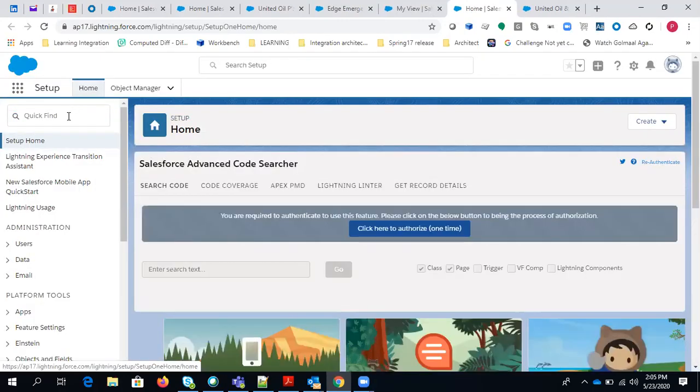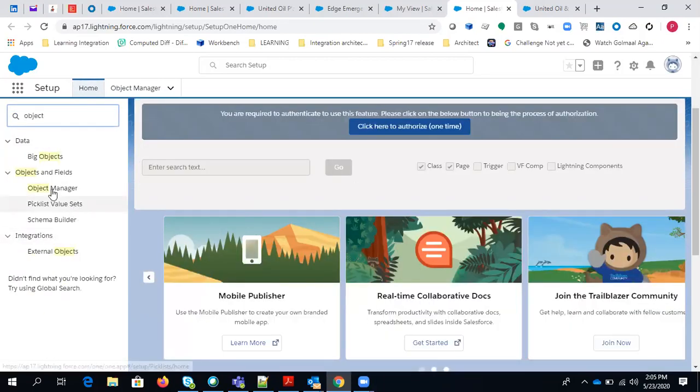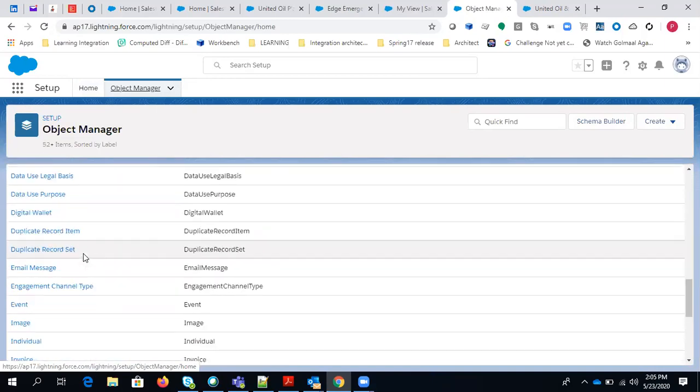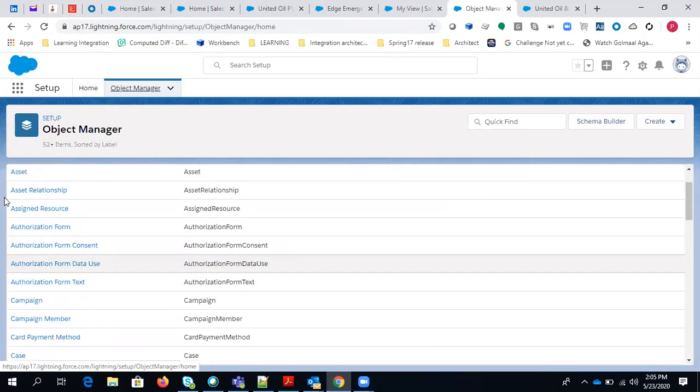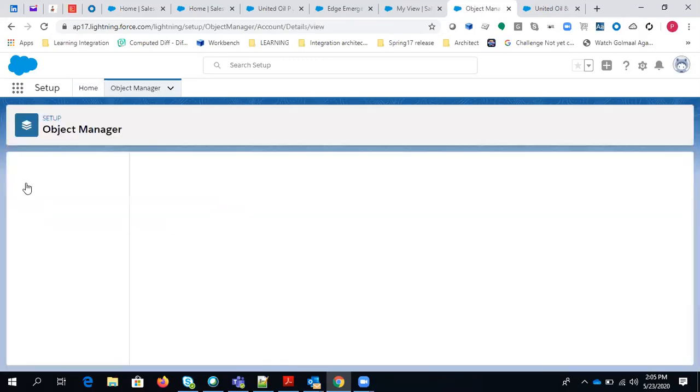Here you can simply select object manager. It is also displayed here, but you can select it here, object manager. You can see all the standard objects are displayed here. So if you want to go to, let's say, account, you can go to account, right?